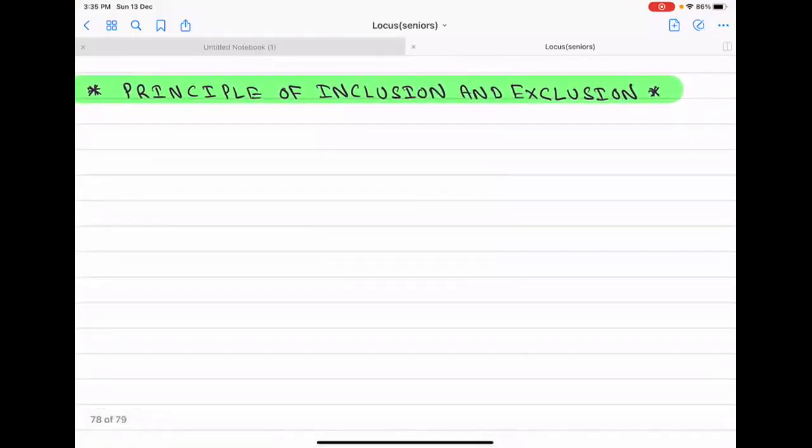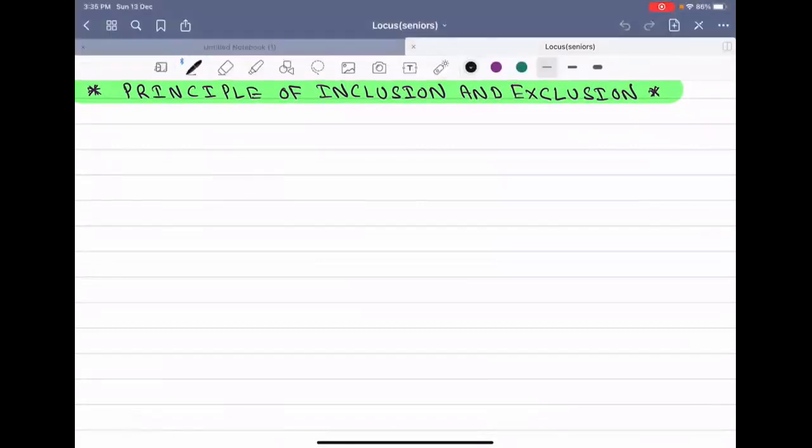Principle of inclusion and exclusion. Actually, this principle is used in most counting situations. To solve counting problems, we use this principle of inclusion and exclusion. So, what the principle of inclusion and exclusion says is, suppose